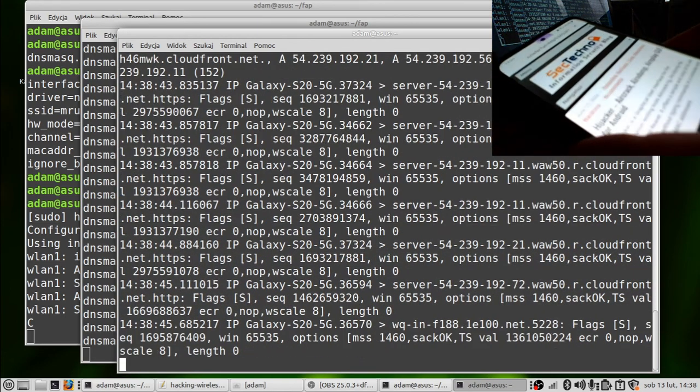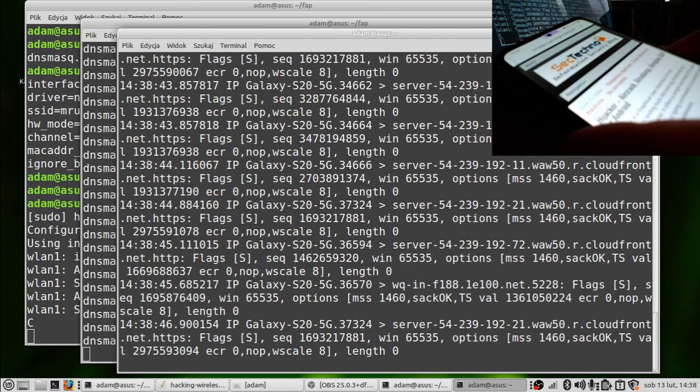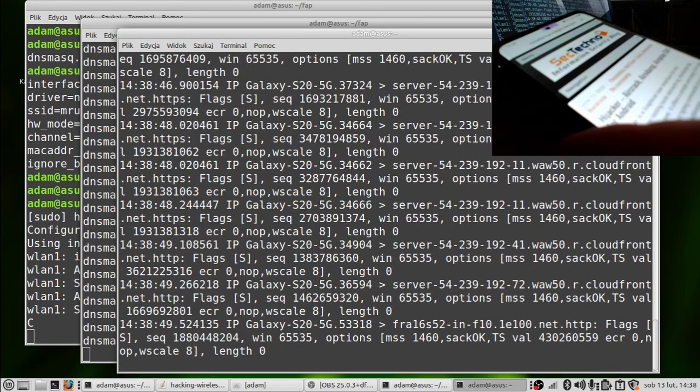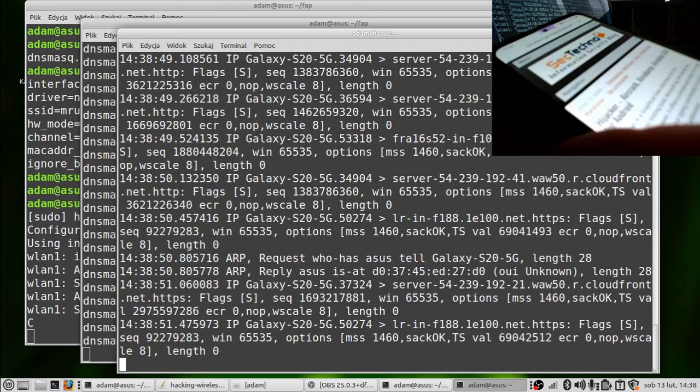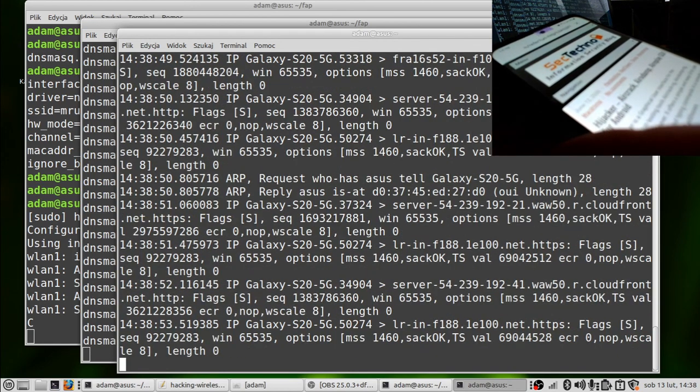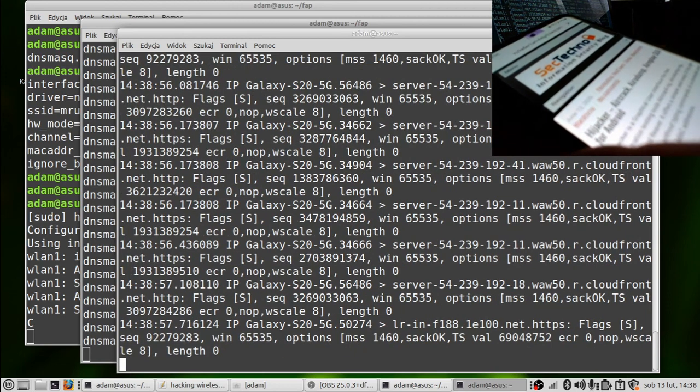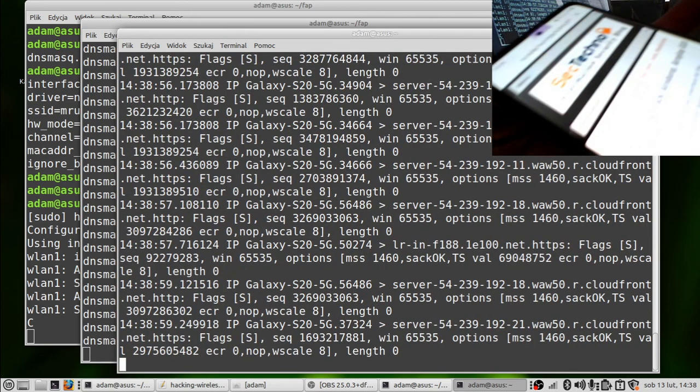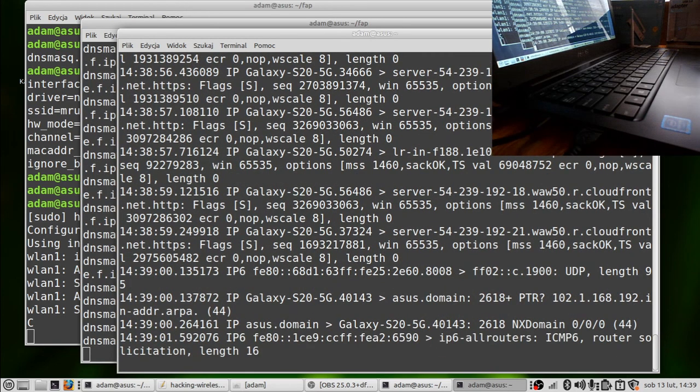Let's see some page. As I said, this laptop is very underpowered, so it barely handles the IP traffic that originates from the phone. But you may want some more powerful laptop.